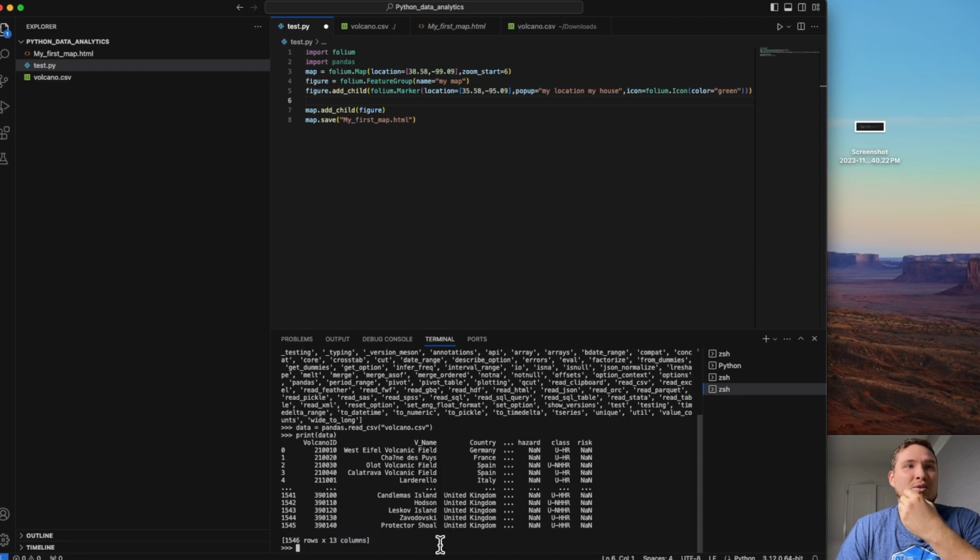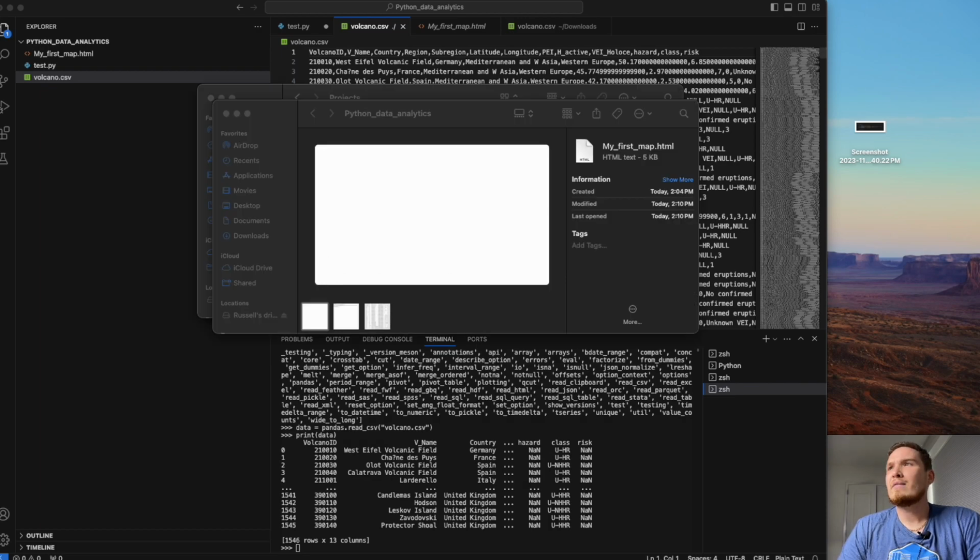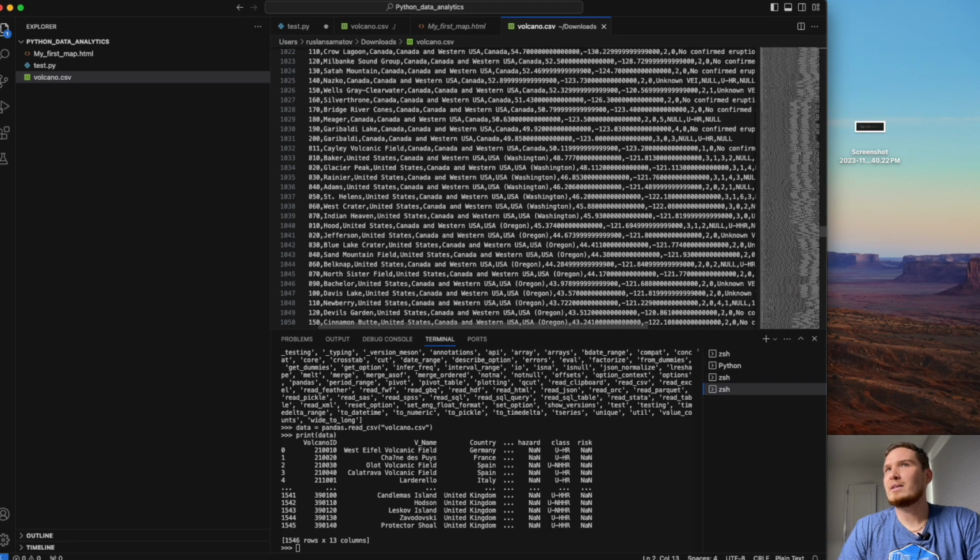What we can do with the help of the Pandas library and NumPy is store whatever data I need as a list in a separate list. What do I mean by that? We have our volcano here.